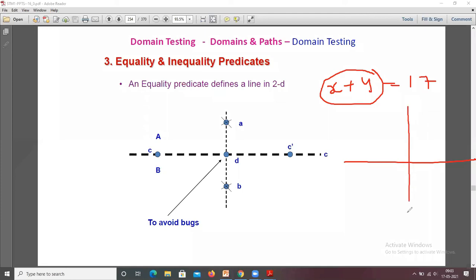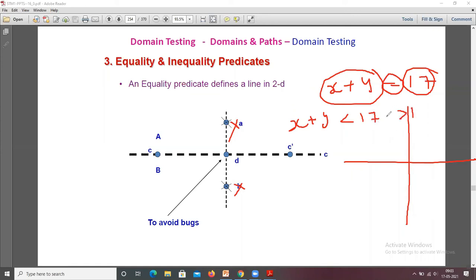If you observe, these are the test cases and these are the bugs. Here we have the equals check, x plus y equals 17. Now you check the value. For example, if I write x plus y less than 17 and greater than 1,